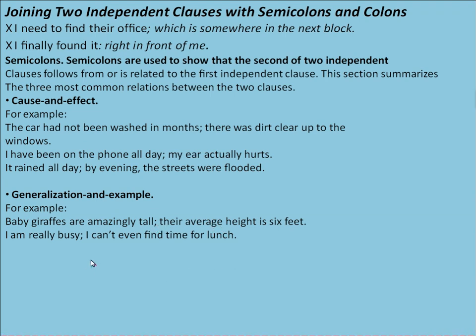I'm really busy; I can't even find time for lunch. Right, these two sentences are completely independent sentences. But to show a close connection between them, I'm not using words like "for example" or any generalization type words. So what I'm using is a semicolon.